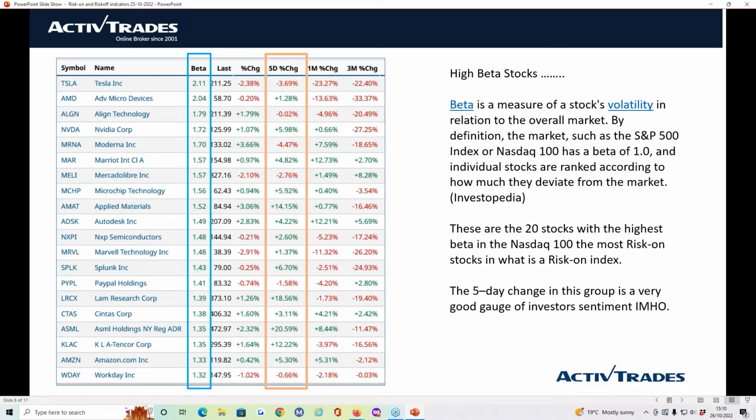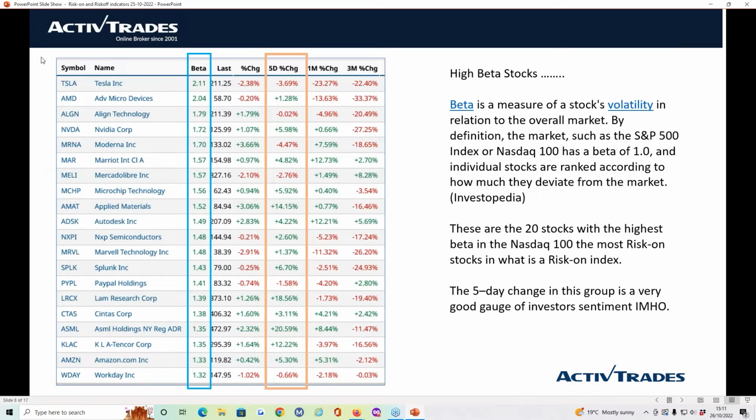And so by definition, the market, an index such as the S&P 500 or the NASDAQ 100, has a beta of 1, and individual stocks are ranked and graded according to how much they deviate from the market. So how much more sensitive they are to a move in the market, a certain number of index points up or down, and through a little bit of math, we can come up with a ratio or a figure that